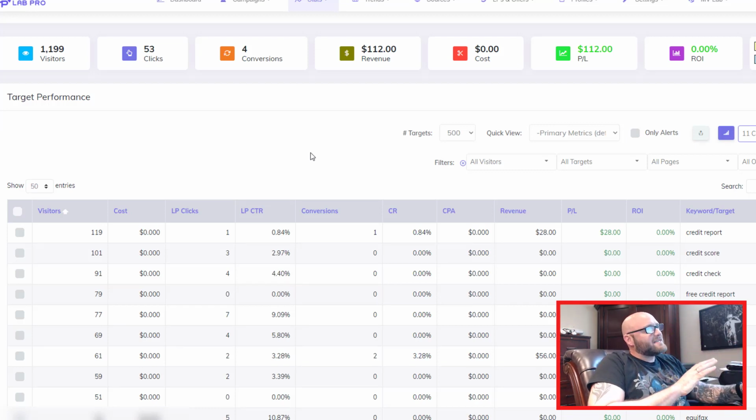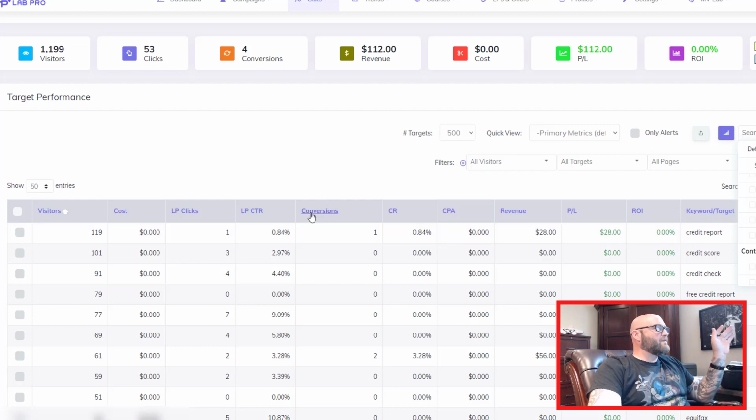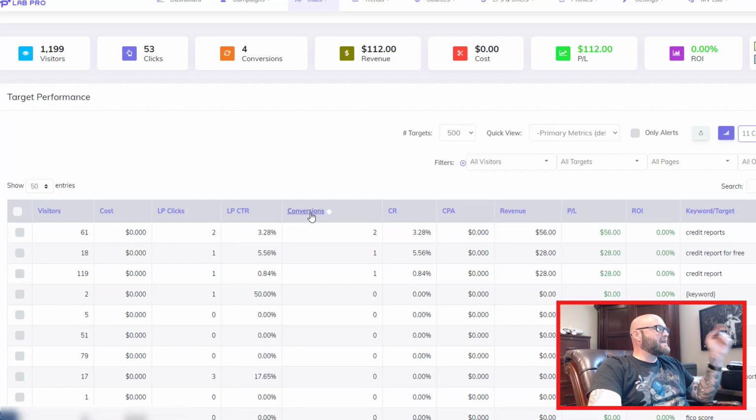I'm going to show you how I set up that campaign quickly in a minute, but I just want to show you what CPV Lab Pro can show me now when I use tracking. I can now see the keywords or anything else I want to select over here. I can see referring domains, the time of day, browsers, everything about the traffic that I got. I got 4 conversions, so I can sort by conversions